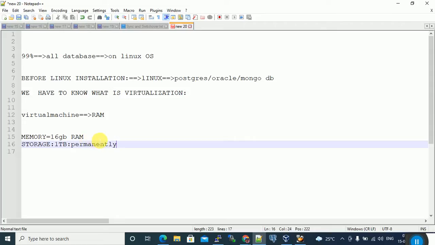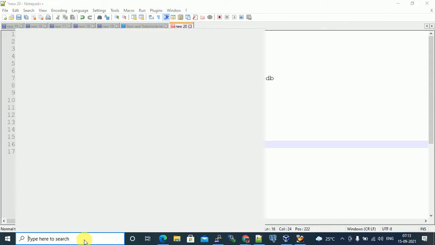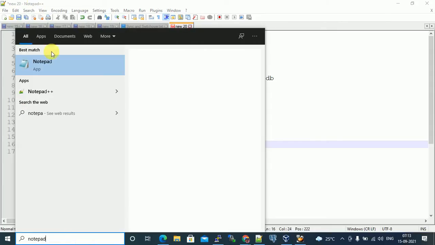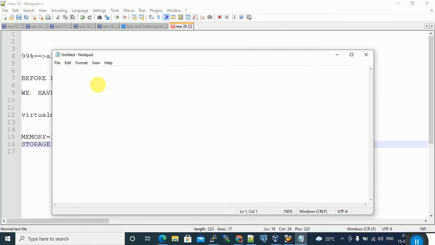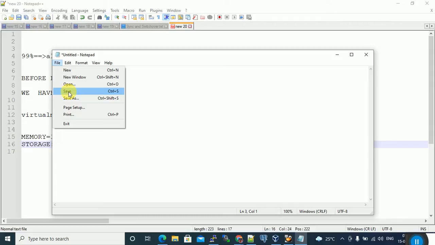Suppose let me open Notepad. Suppose here I write some data, like a mobile number, 20305 something. If I haven't saved this Notepad file, right now it is in memory. If you want to save permanently, it asks where you want to save.